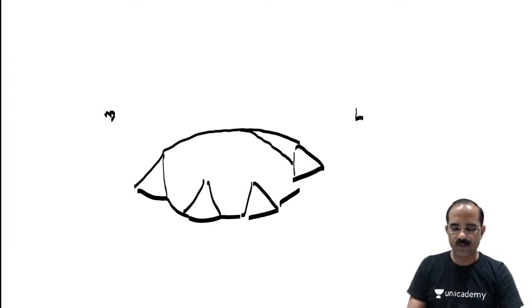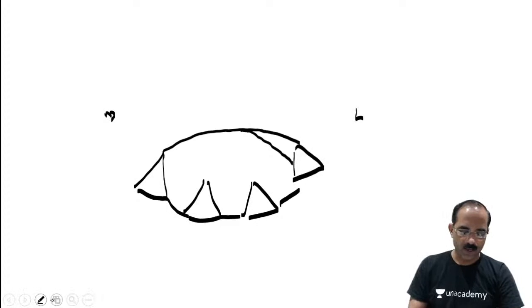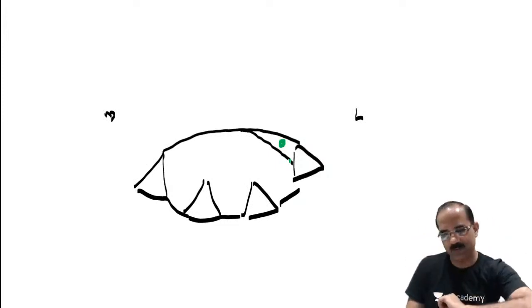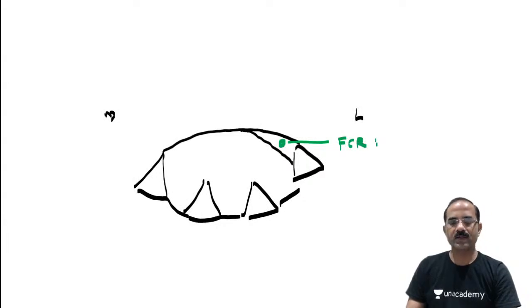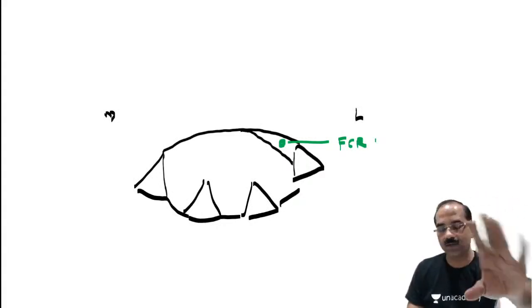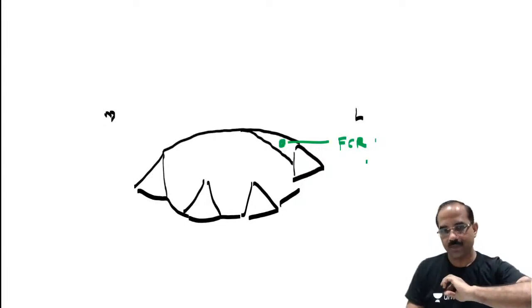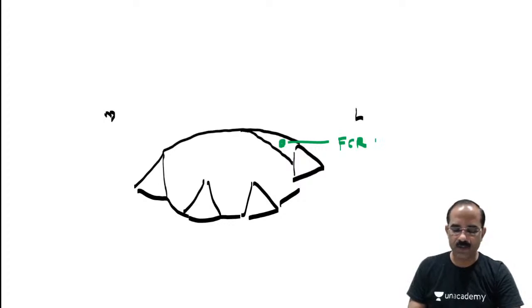Now between the flexor retinaculum and the carpal bones, what is this tunnel? Carpal tunnel. And what are the structures which pass below the flexor retinaculum, to be specific? This is the tendon of flexor carpi radialis. So when we talk about structures passing through the carpal tunnel, we do not include flexor carpi radialis, because it passes through the split of the flexor retinaculum. This is the carpal tunnel.